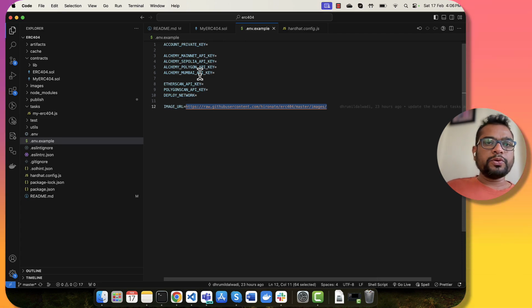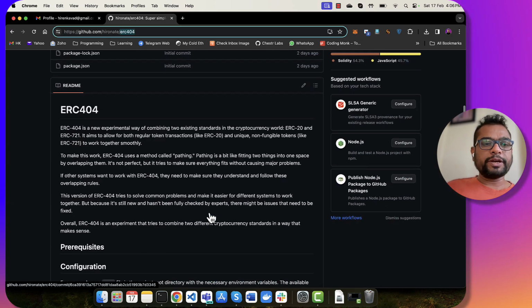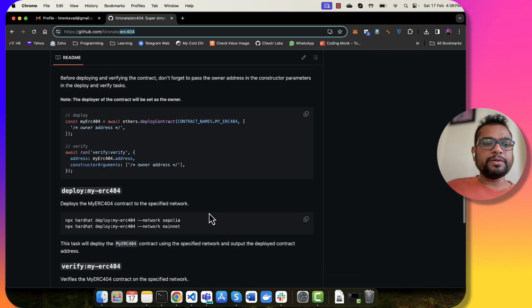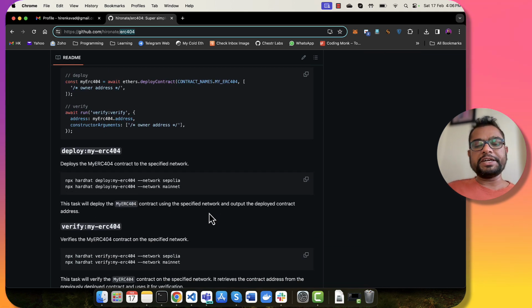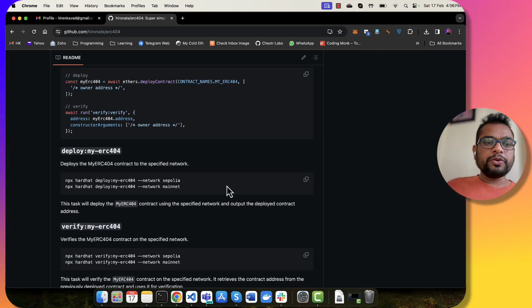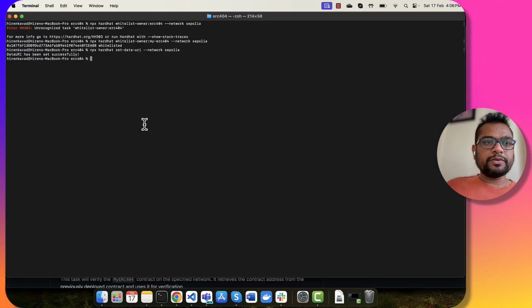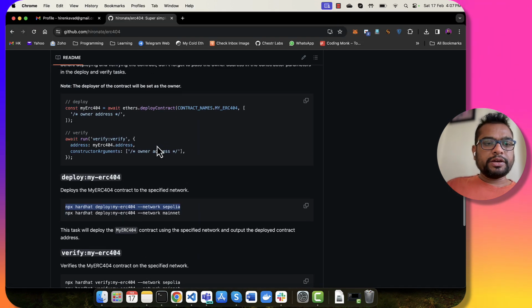Okay. So if I want to deploy my contract, I have very simple few commands, or I have already created a task in my hardhat repo. So to deploy the ERC404 contract, after all the modification you have done, you can use this command for sepolia or mainnet. And first you will need to do is you'll need to